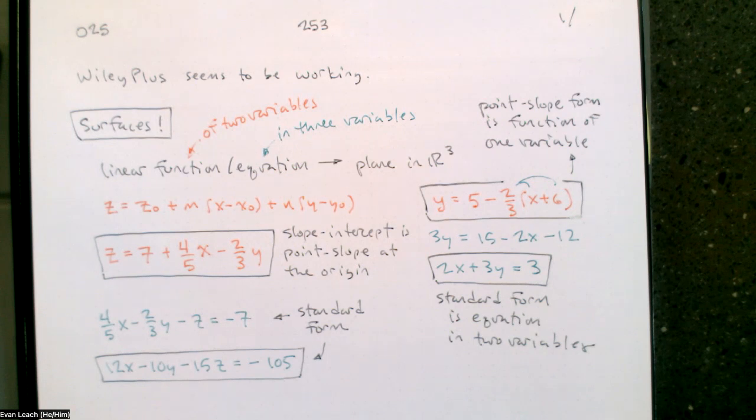We have multiple forms. Our function form is like point slope or slope intercept, where we're solved for one of the variables, but we can just rearrange to write an equation in three variables to get a standard form. And we can even get rid of our fractions,